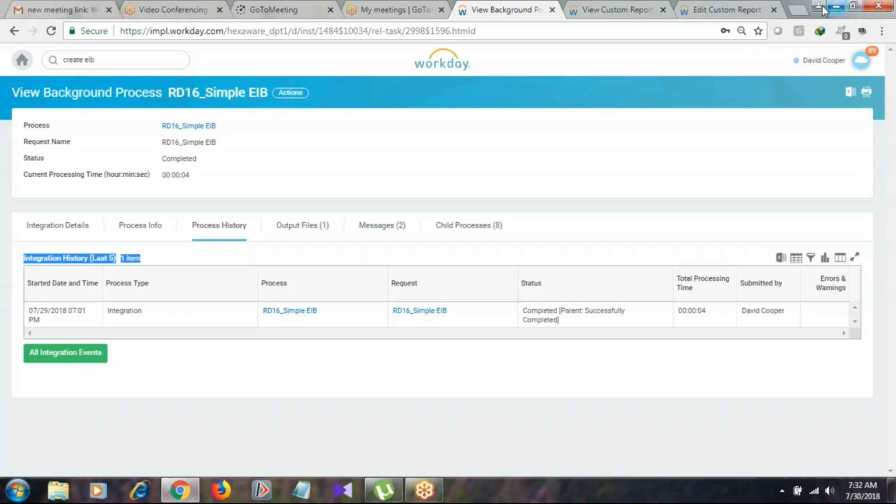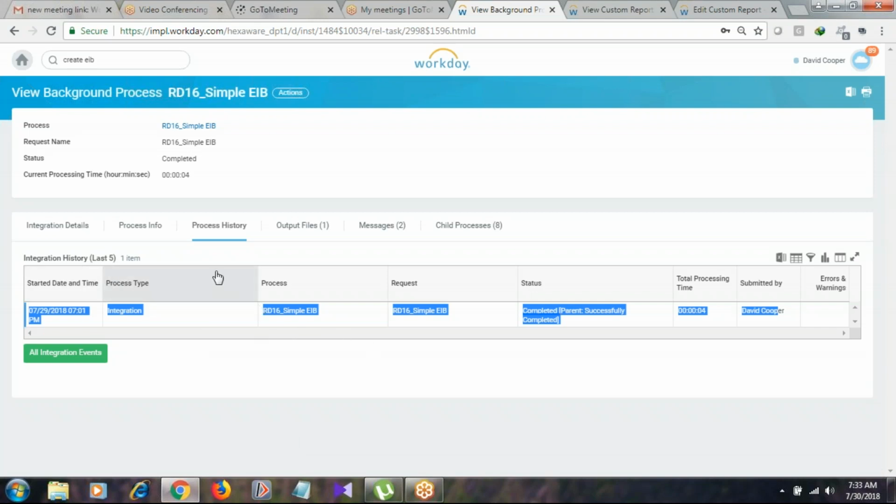When the integration is run 30 times, the integration history table will show the last 5 integrations it ran. That means for the last 5 days it shows the events, what the event name is, what the integration name is, and when it completed. One row is created for each. This is nothing but the last 5 recurrence history, the last 5 integration history. The same integration can run multiple times, so the last 5 integrations show here.